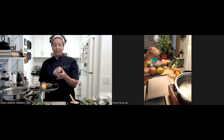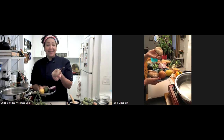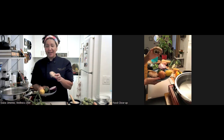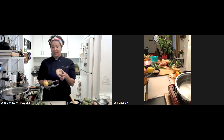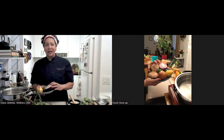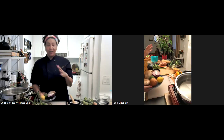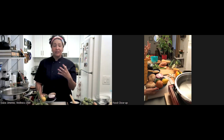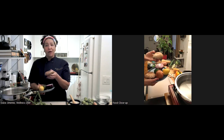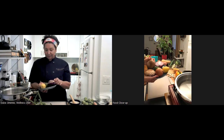Mushrooms, I love mushrooms. You can use them in stew, you can make them in burgers. Today, I'm not going to use mushroom, but I did use mushroom in the previous class where we stuffed chicken breast with mushrooms. So mushrooms are very meaty and umami. For soups and stew, they're amazing to give you that meaty flavor and earthiness that sometimes beef can produce. So I always have portobello mushrooms because I use them. I just grill them and put them in my sandwiches or in the mornings with my eggs,